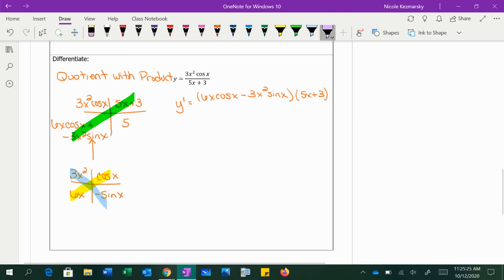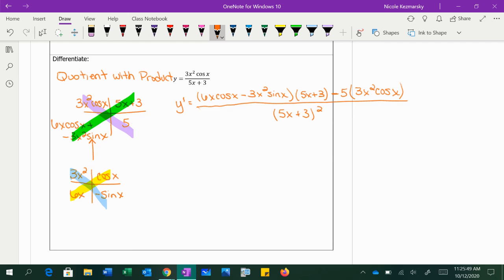Then I'm going to subtract the other diagonal that I just highlighted in purple. So I'm doing minus 5 times 3x squared cosine of x, all divided by the original denominator, 5x plus 3